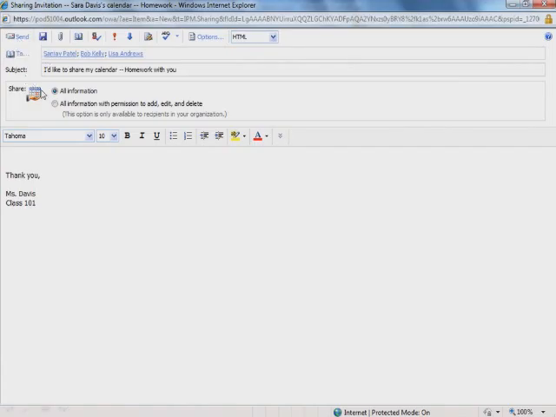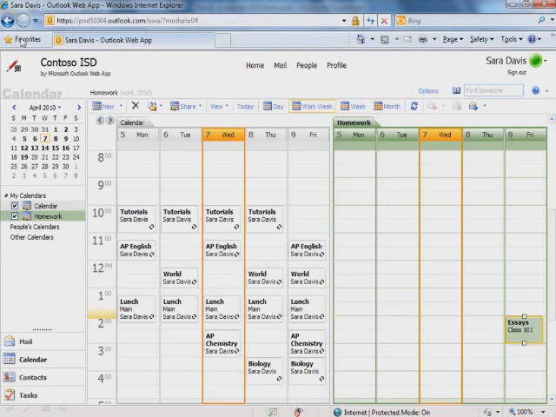Now before I do, you'll notice we can share information, all information, or I can give people permission to add, edit, and delete on this calendar. For now, I'm just going to leave it with the information without the editing privileges. Go ahead and send that calendar sharing request. Now my students will receive an email where they can add this calendar to their Outlook Live, and we can